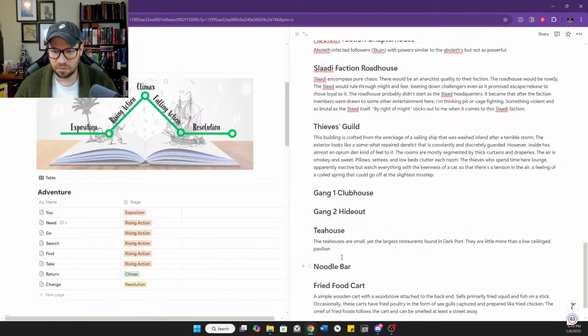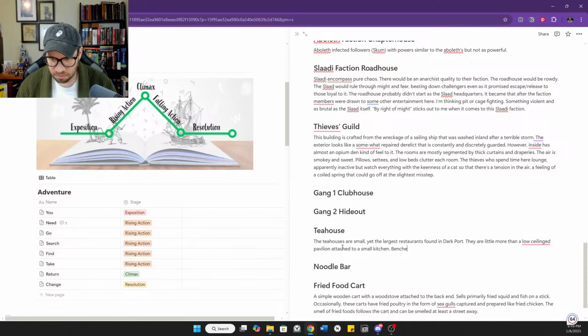Correct my spelling here, pavilion, attached to a small kitchen.